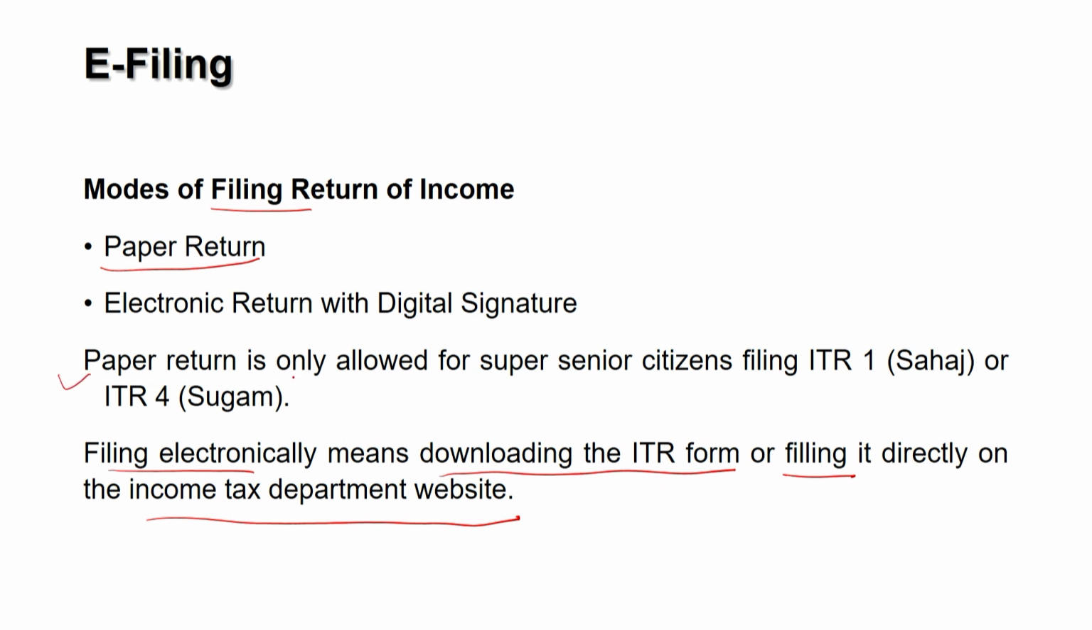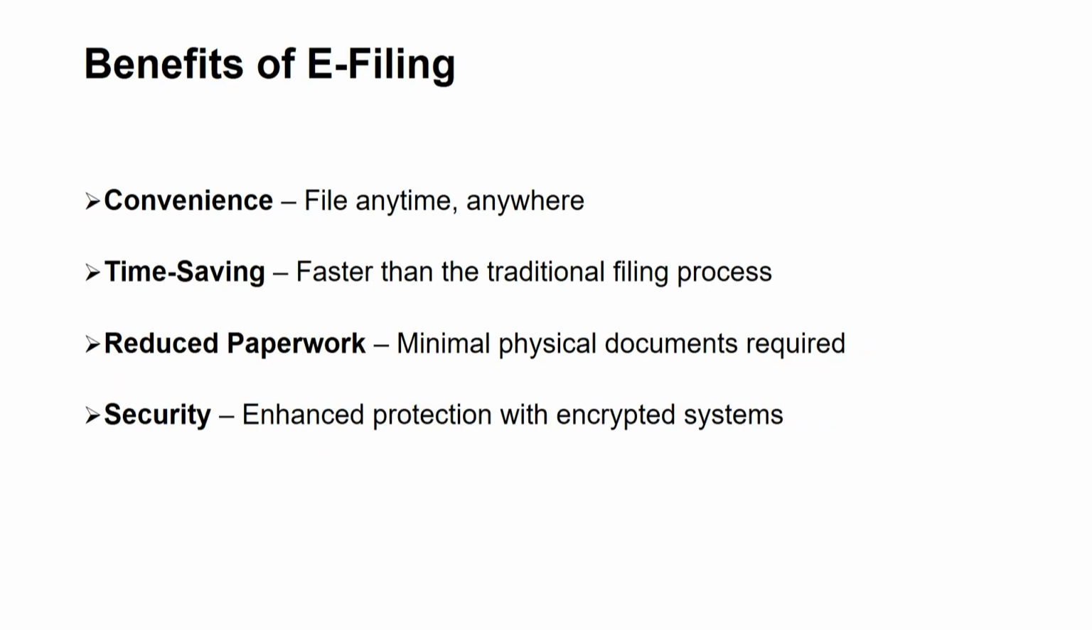So, a paper return is only allowed for the super senior citizen, those who are filing their return with the help of ITR form 1 Sahaj or ITR 4 Sugam. In other cases, it is necessary that you file the return using the digital platforms. Now, benefits of e-filing are, it is convenient, so you can file your return anytime from anywhere,